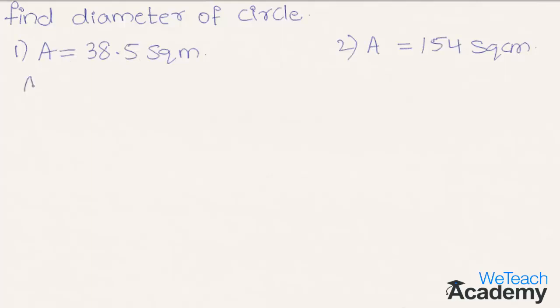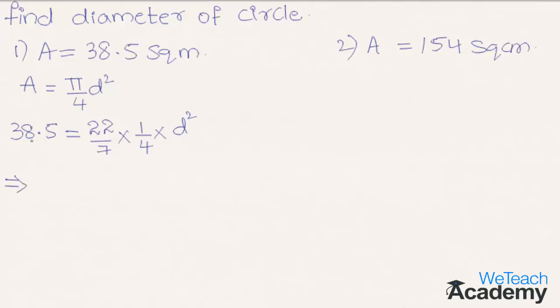So we already know that area of circle is given by the formula pi by 4 d square. So by substituting the given value of area in the formula, we get 38.5, which is equal to the value of pi, that is 22 by 7 into 1 by 4 into d square. And by transferring both the denominators 7 and 4 to the left hand side, we get 38.5 into 28, which is equal to